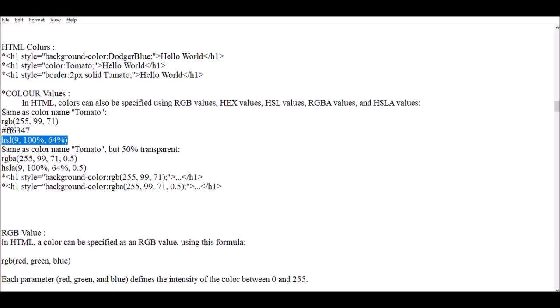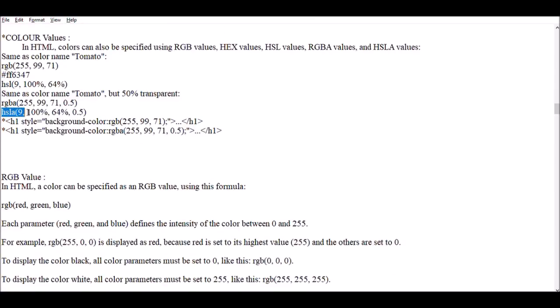If you want the tomato color to be 50% transparent, then you should use RGBA values, where RGB refers to red, green, blue and A is used for transparency. Here the value of A is 0.5, that is 50% transparent.